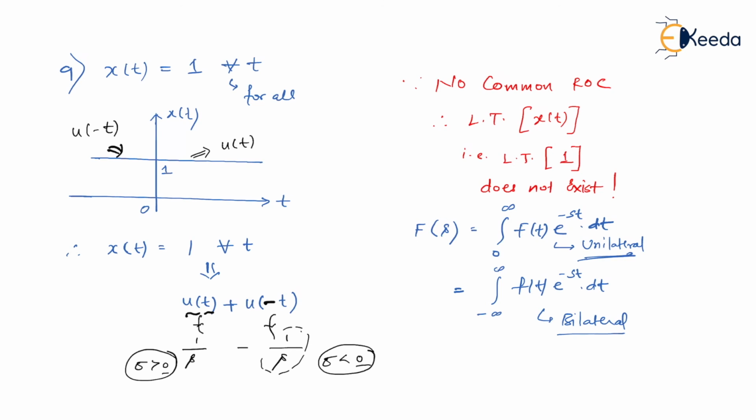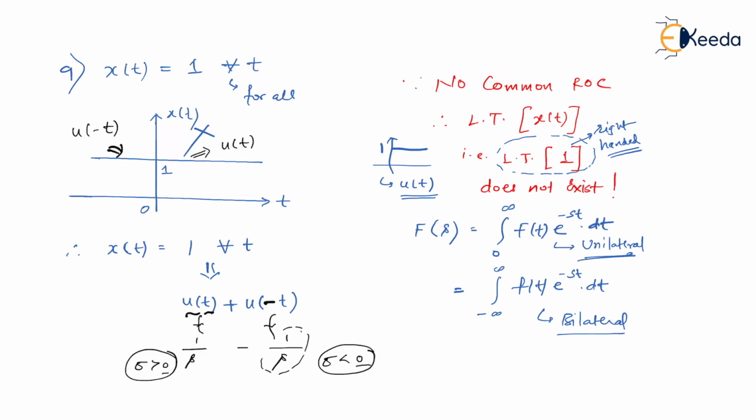When I say it is unilateral, it means every function that you consider in your mathematics subject is always a right-handed signal. I repeat, it is always a right-handed signal. So whenever in the mathematics you learn a Laplace transform of 1, by default this one is a right-handed signal. Please understand, whenever you say a right-handed 1, it means it is by default this signal and not this signal. Whenever it is this signal, it is actually u of t.